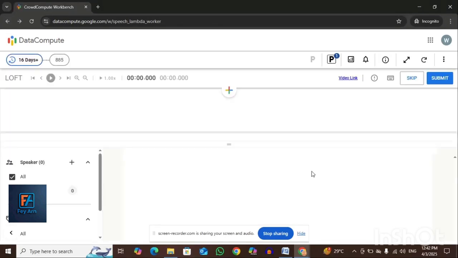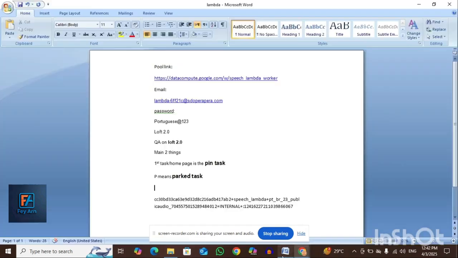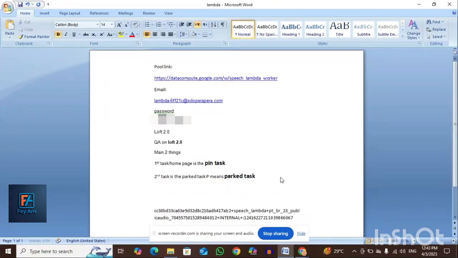I will tell you how to QA. This is the main thing present in the ID. The first page, or home page, is the pin task. Second P means second task. The second task is the parked task. Okay, P means parked task. Please remember how to